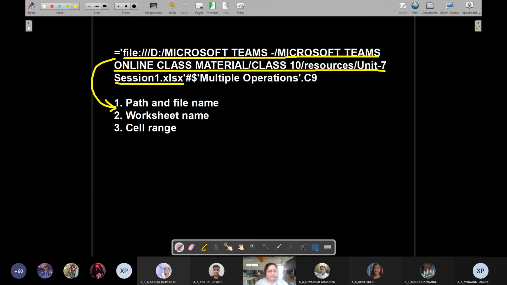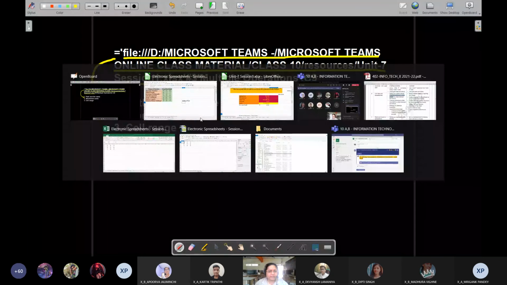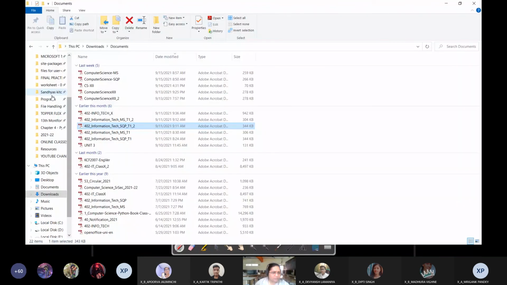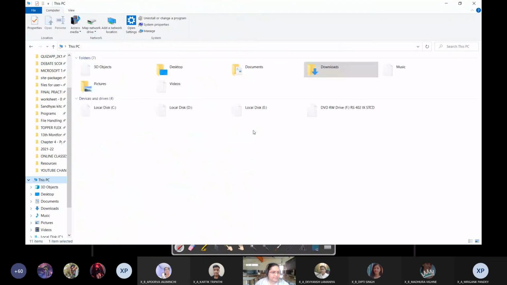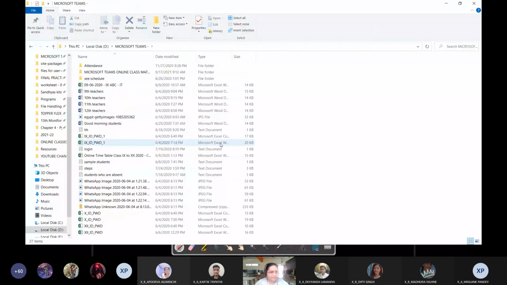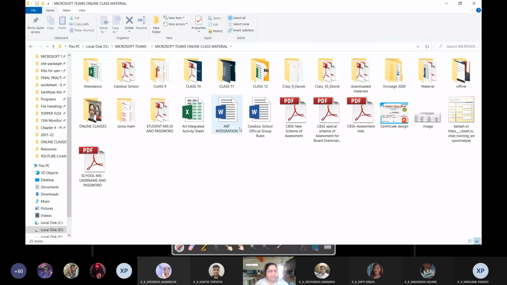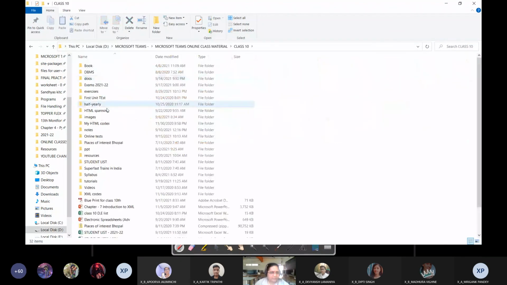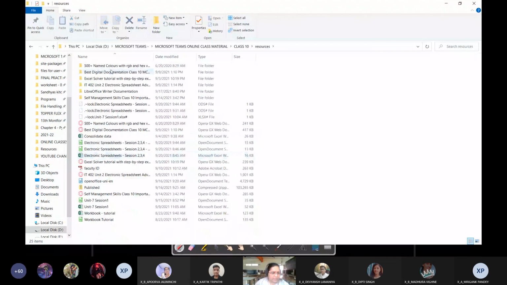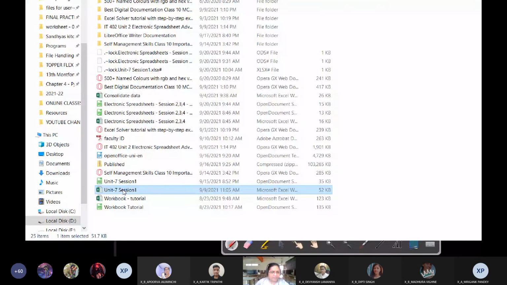If you want to check the path, I can go back to the folder here. I've already set this over here. I'll go to D drive, then the Microsoft Teams folder, Microsoft Teams online class material folder, class 10th folder, resources folder. Inside this is my sheet, Unit 7 Session 1, which you can see over here.